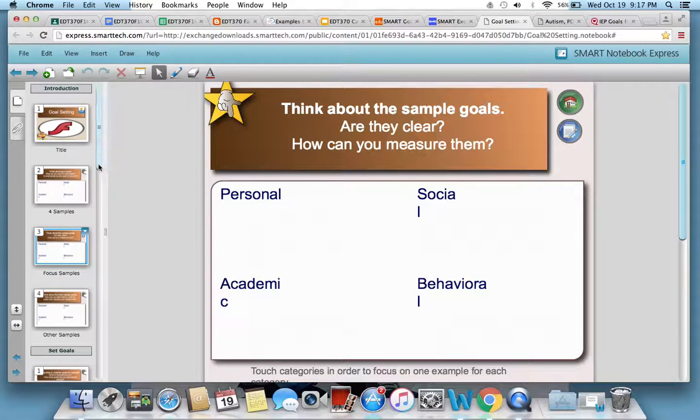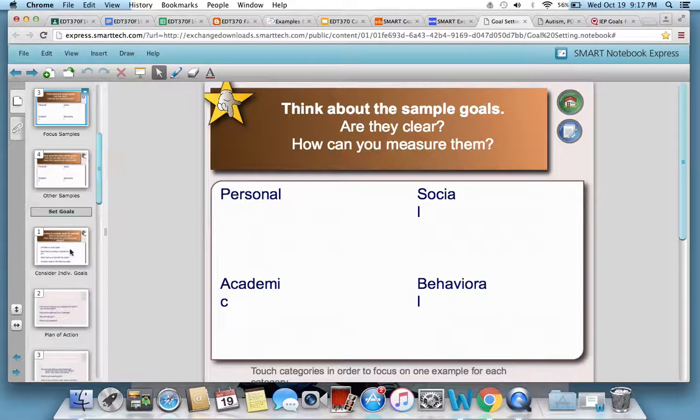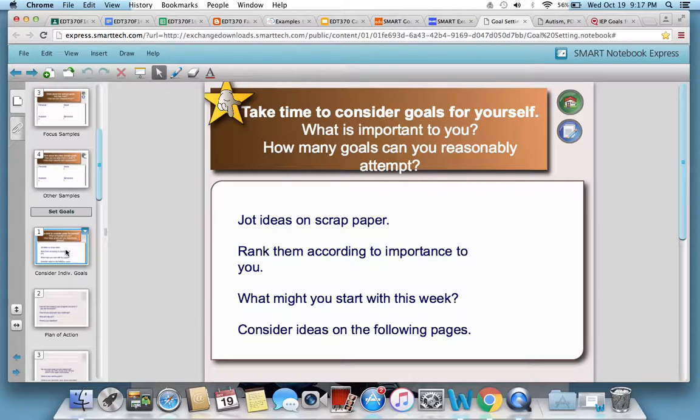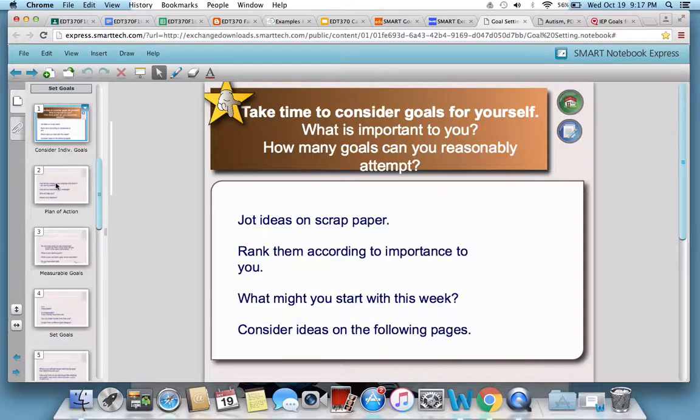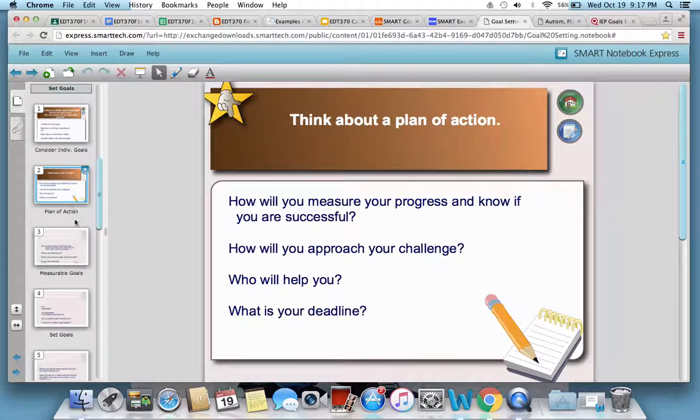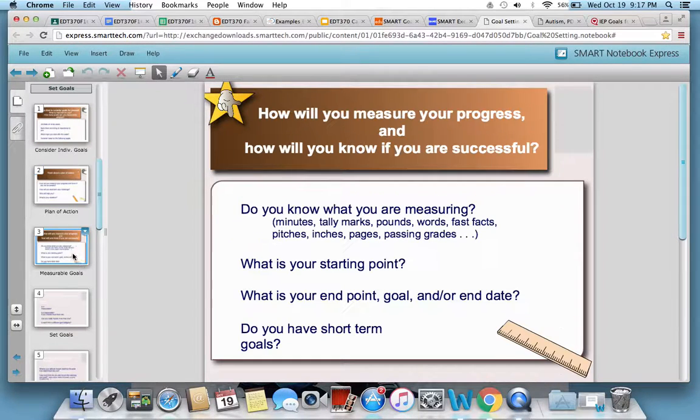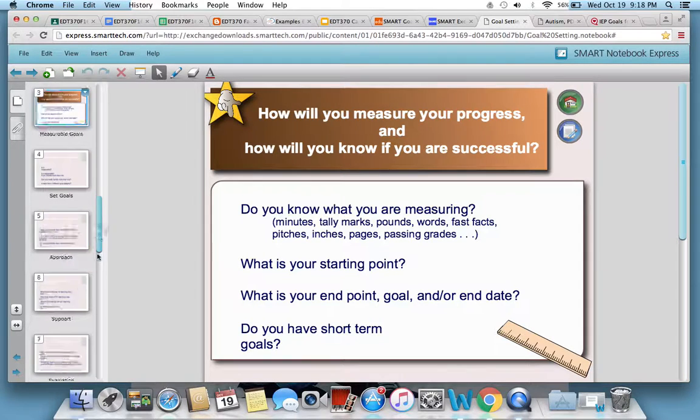And it just talks about different goals that we can set and how we can come up with good goals, a plan of action, how you're going to meet your goals, what it means to have measurable goals, and then